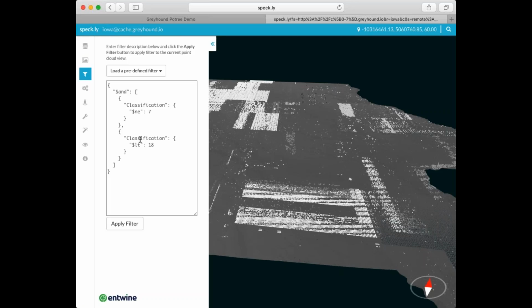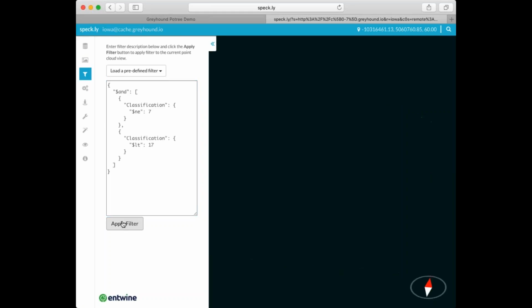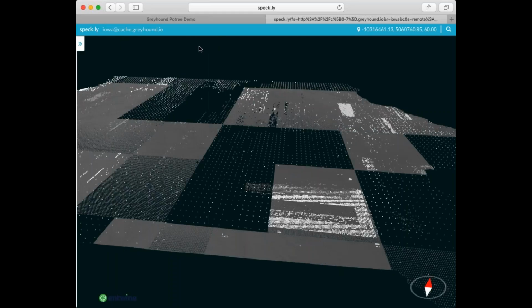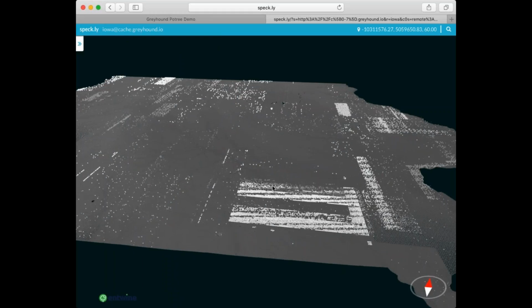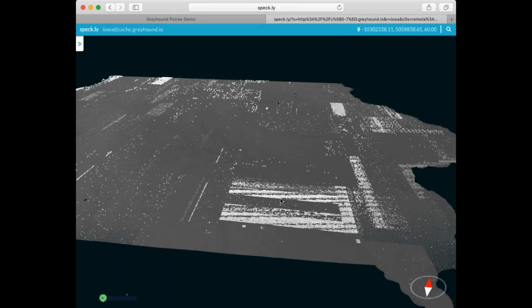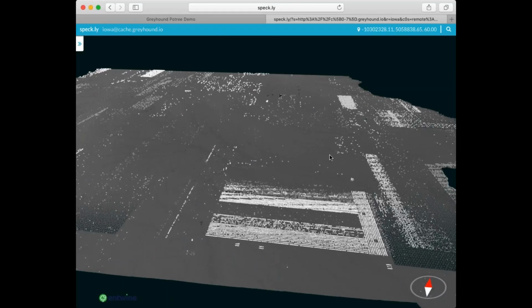But having the ability to look at these large collections of data in aggregate and be able to filter this data is potentially useful to them. So this filter here is simply an AND filter, so we can assign some values here, and as we can see, in this area in particular, down in southeast Iowa, some of the data was classified as noise and we were able to throw it out, but other data